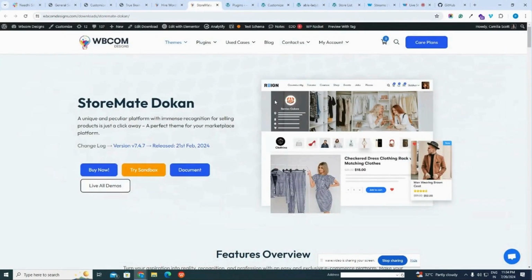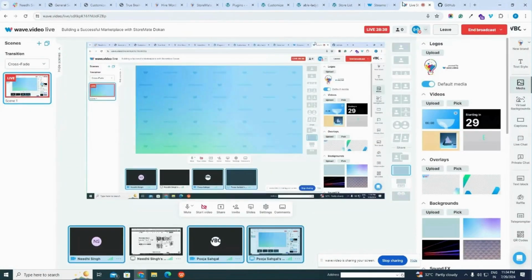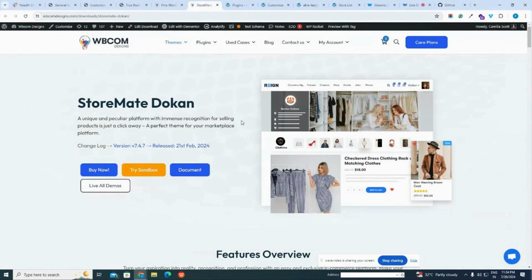Yes. So in today's session, we have discussed how one can create an online marketplace with ease without having any coding knowledge. Just a simple click, drag and drop, and styling change options inside the customizer give your online store a professional look to attract users to your site.